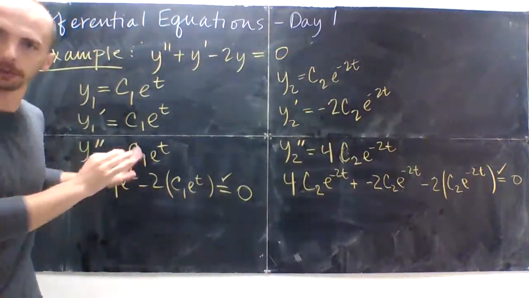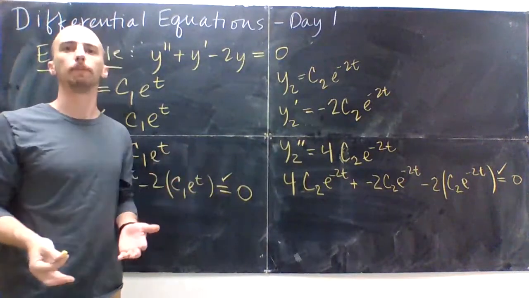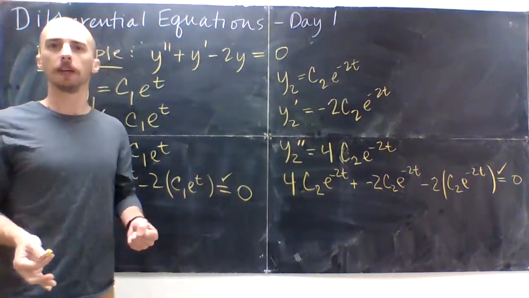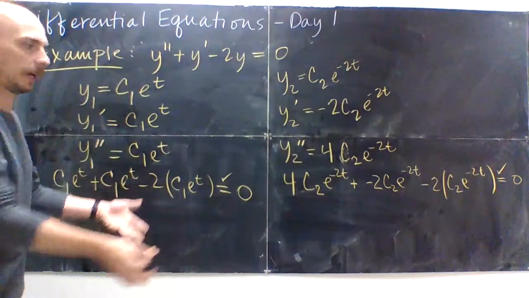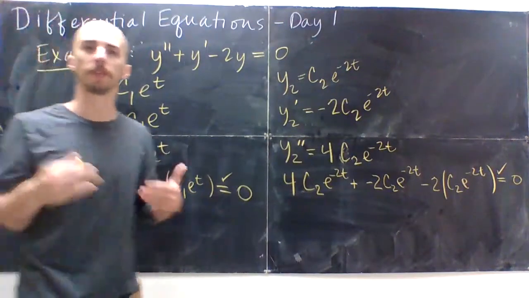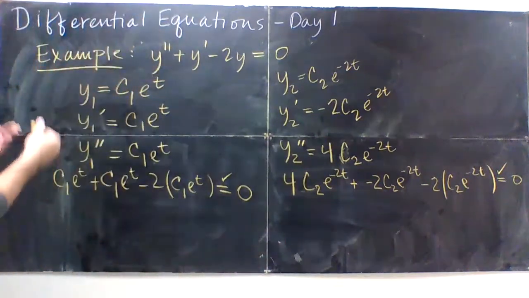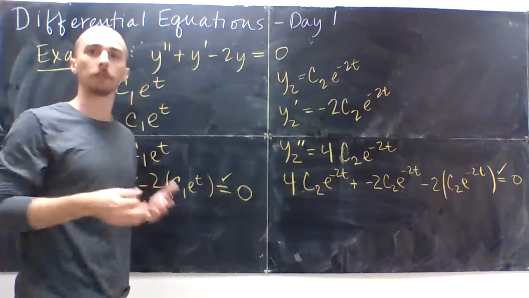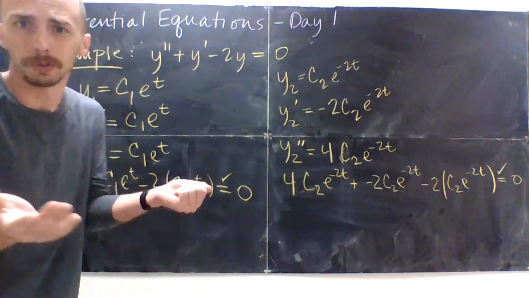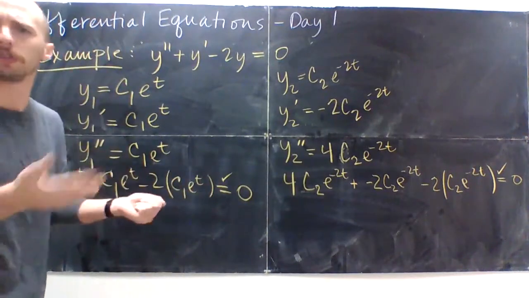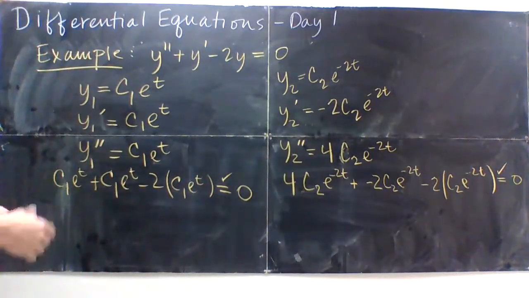Now these are each solutions in their own right. But if you think about it, if you added them together, their second derivative would be the sum of their second derivatives. The derivative of the sum would be the sum of the derivatives. And the sum of their functions would be the function of their sum. I guess that sounded kind of weird, but